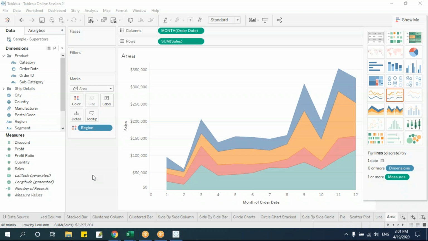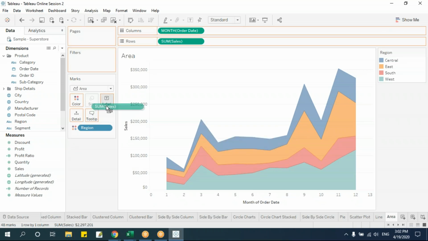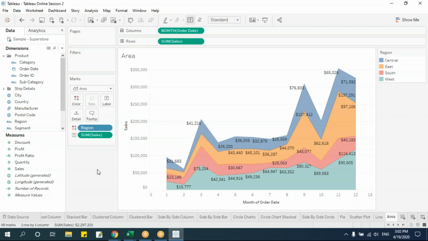So what if I want data to be printed in the chart? Which data are you talking about? So in this area chart, you have taken sum and month. So in each week, I want to know what is the value. Then you can take label. Yeah, if you just say, I'll take the label and put it here. See,